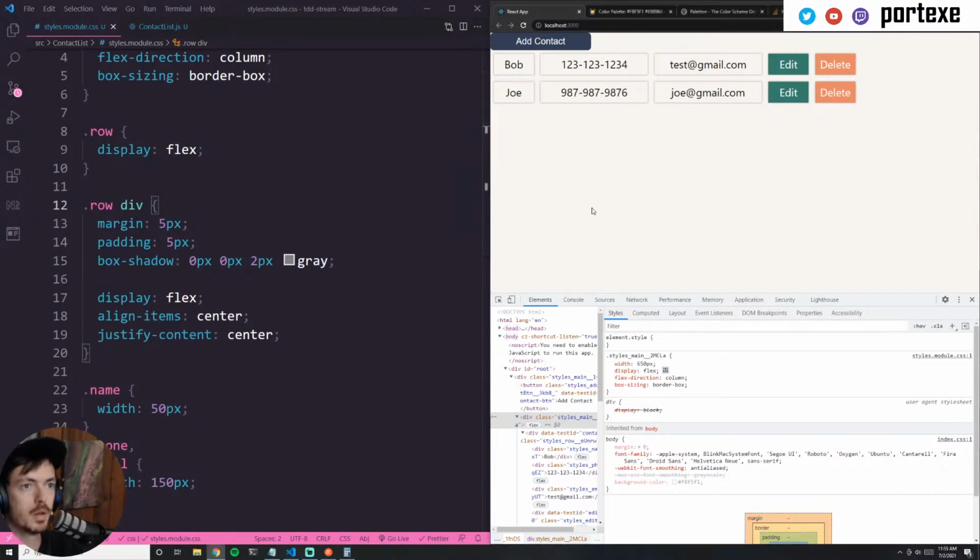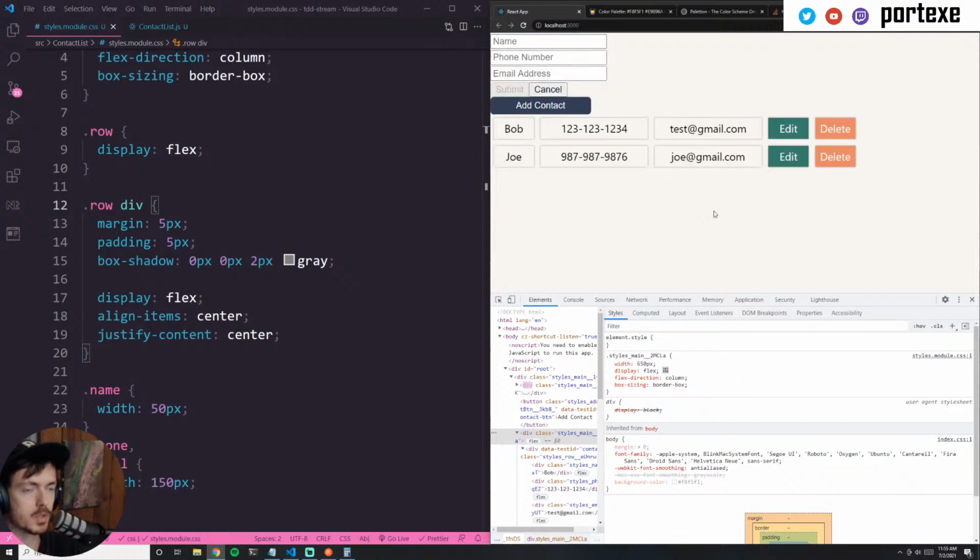Okay. Now I think that's fine for now. So I'm going to come back to these tiles and make those a better color, but for now let's work on the form. So inside of the